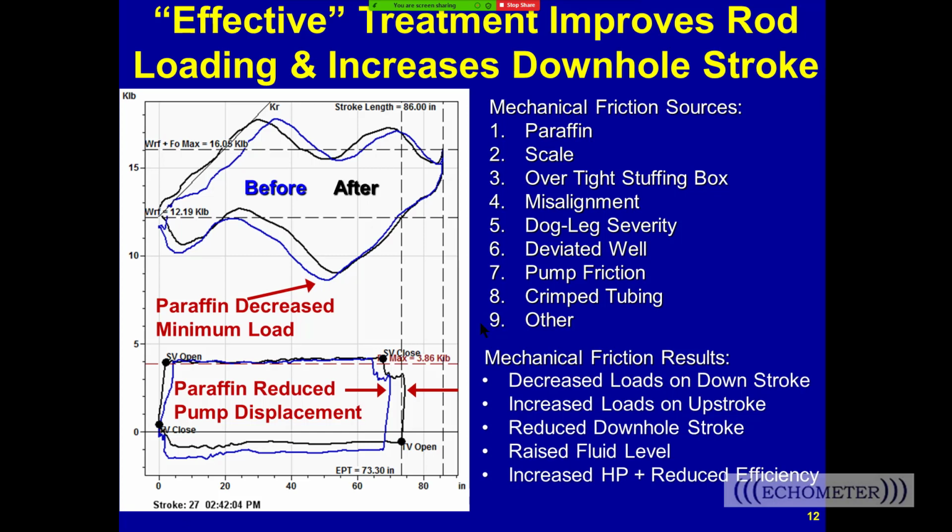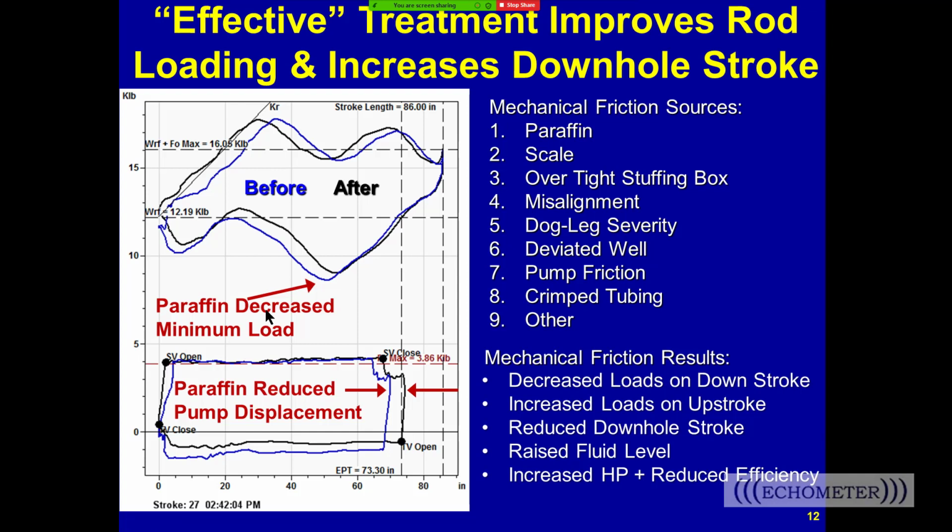Here's a well that has mechanical friction in the well that's being applied to the rods, and we have a before and after card that are overlaid on top of each other. The blue is before. We can see that we have a decrease in the loads on the downstroke. We can see that the loads on the upstroke are higher. We can see that the pump card stroke is shorter, and that the area is more in the blue, so more horsepower work is being done before